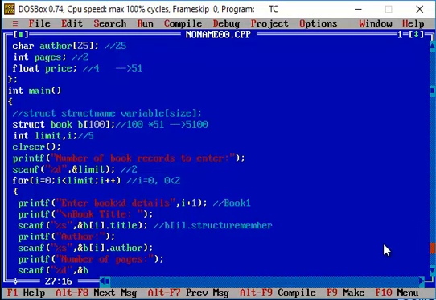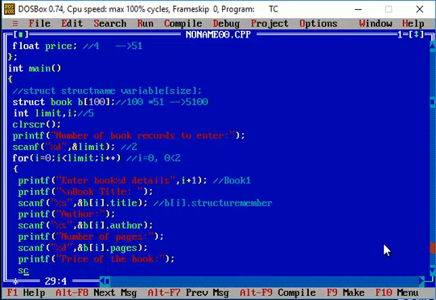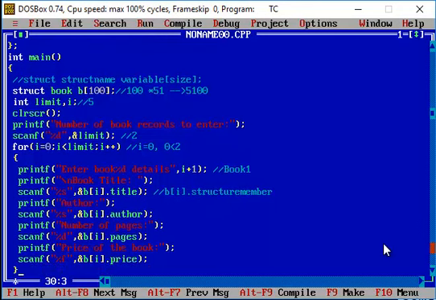So pages is the structure member, and finally we are going to get the price of the book. So again I'm going to make use of ampersand b of I dot price.